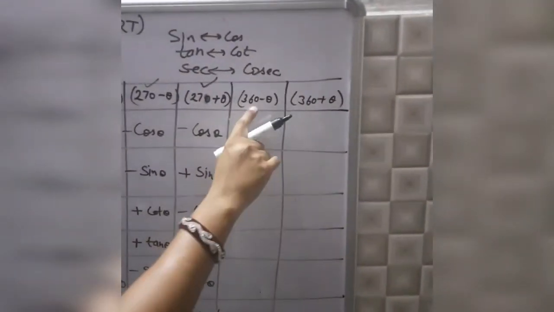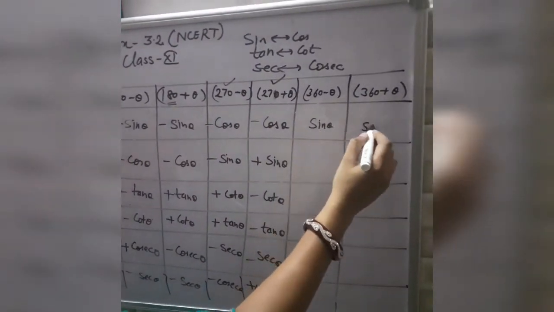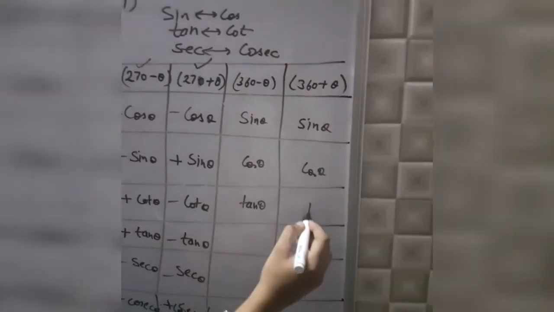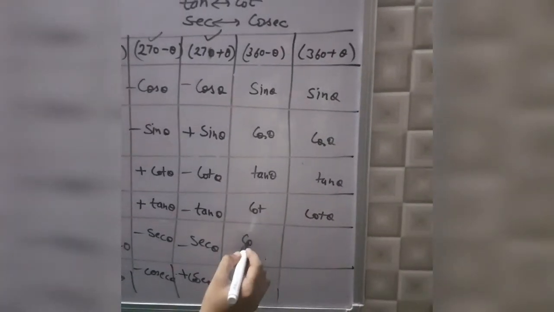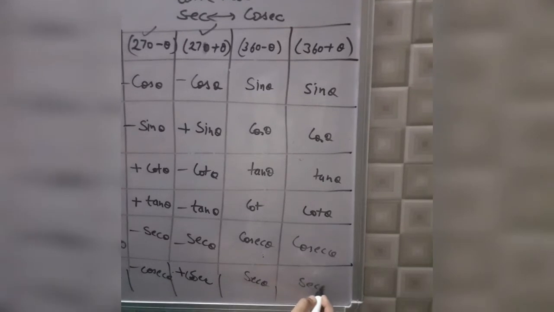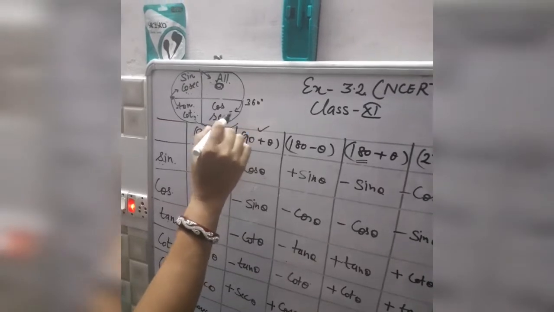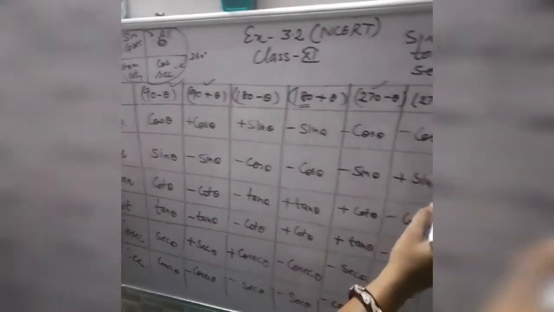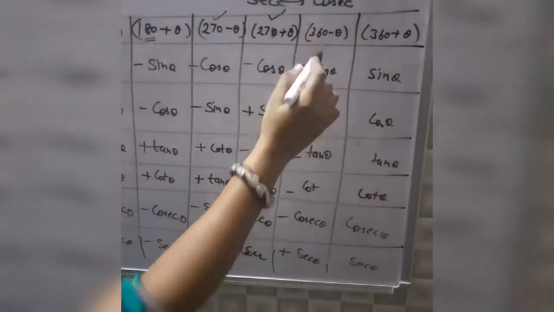Similarly in the last two columns 360 is written here. In case of 180 and 360 it will remain the same. Sin theta, cos theta, tangent will remain tangent, cot will remain cot. In place of cosecant again it is cosecant, and last in place of secant you will write secant theta. But now 360 minus something means if you subtract some angle from 360 you reach the fourth quadrant, and in the fourth quadrant cos and secant are positive. That's why in front of cos you will take a positive sign, in front of secant you will take a positive sign. The remaining 4 will be negative.